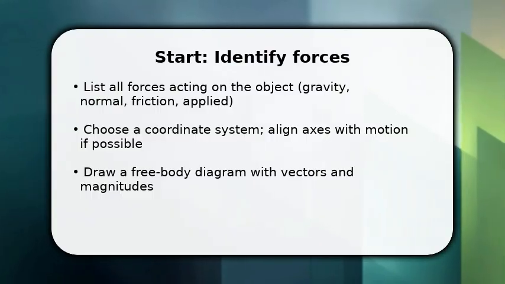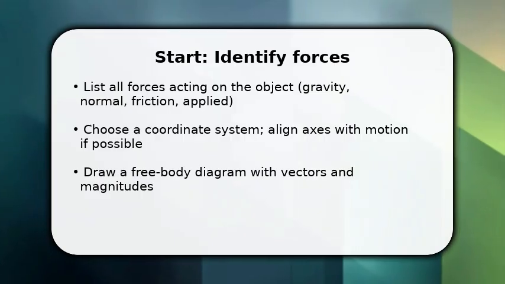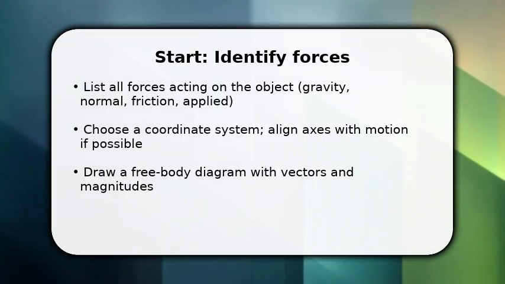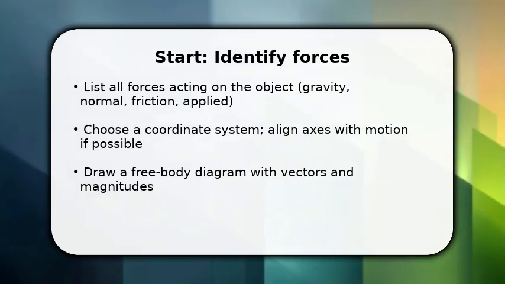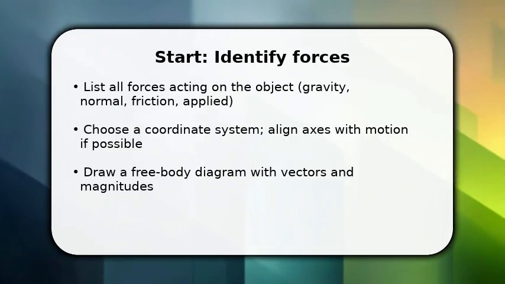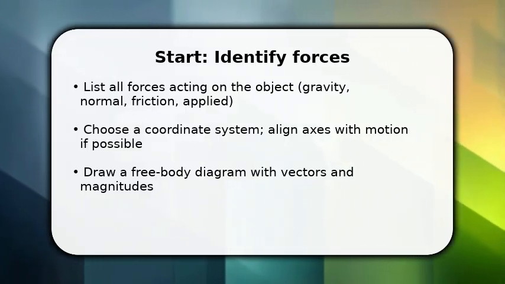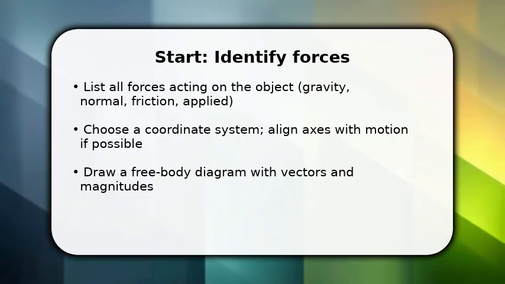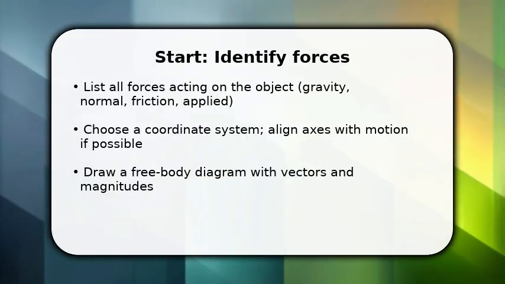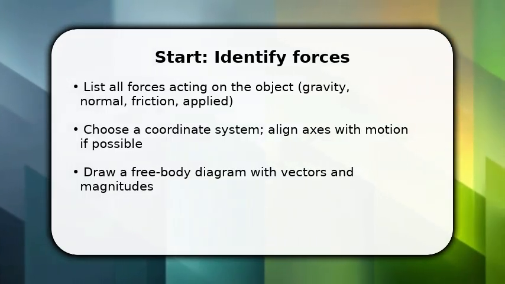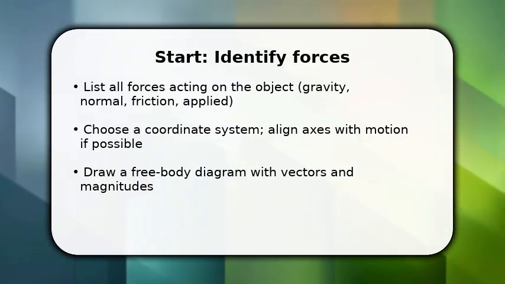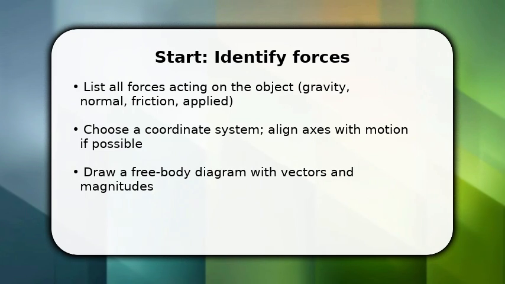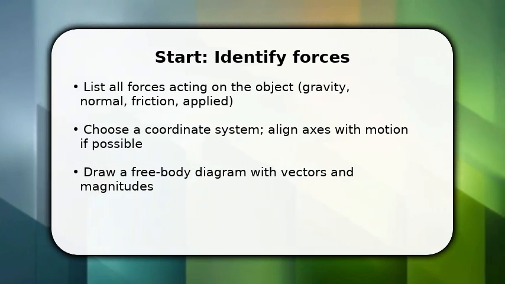You begin by listing every force on the object and drawing a clear free body diagram. This makes invisible influences visible. Once done, pick a coordinate system. Align an axis with the motion to simplify components. Make sure to mark magnitudes and directions, and note any angled forces so you can resolve them next. Don't delay. Accurate identification and a neat diagram cut down errors in later algebra and prevent misapplied signs or missing